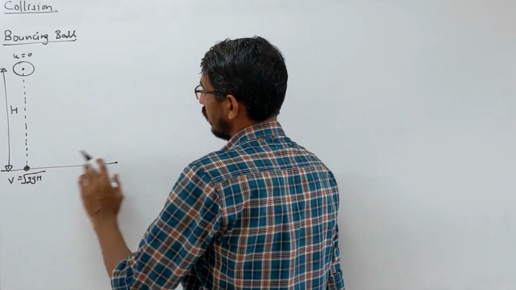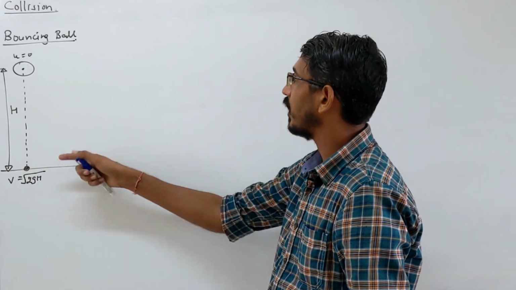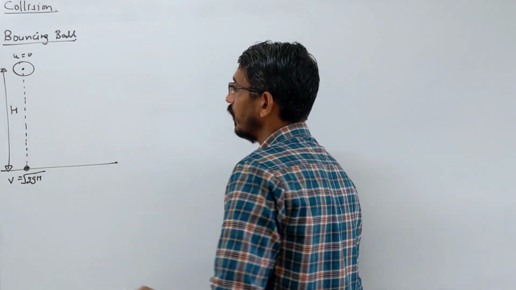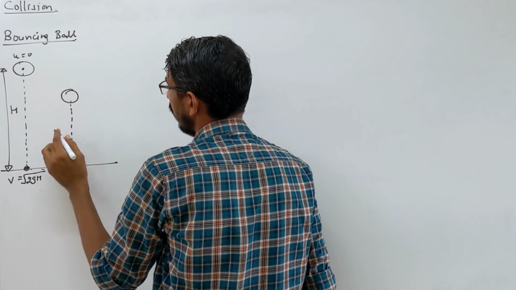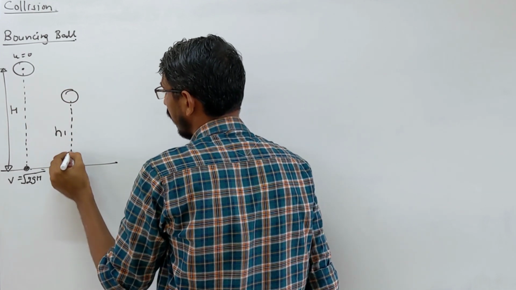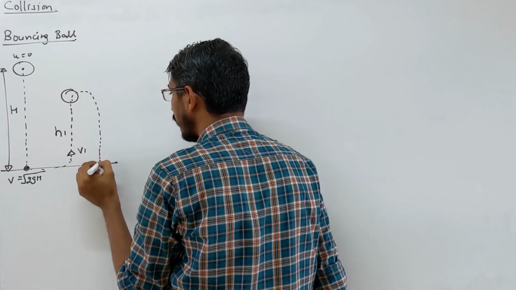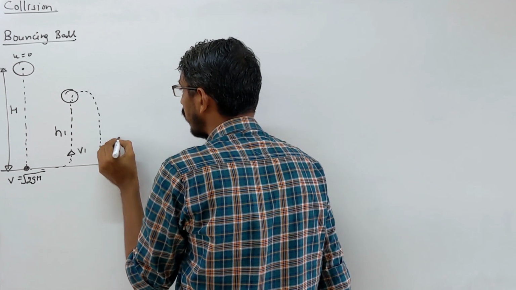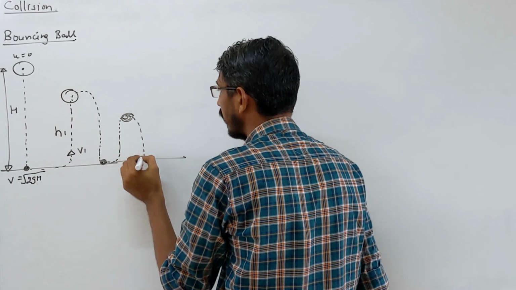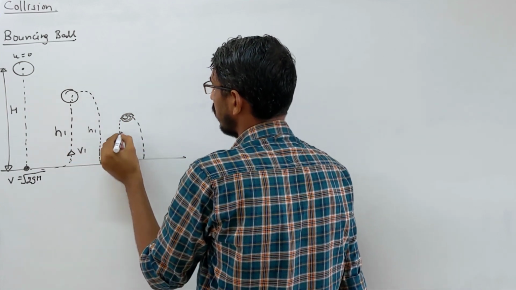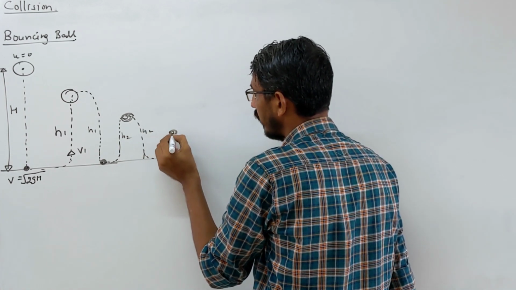Now this floor is not like a perfectly elastic one. So some energy will be lost, and it will not rebound to the same height again. It will rebound to some lower height, which we call h1, and it starts with velocity, let's say v1. It will go to that height, then fall back here. On the next rebound the height will again be less. It will rebound to that much height, then fall back. So that's h1, and this is h2. Again it will bounce to another smaller height.